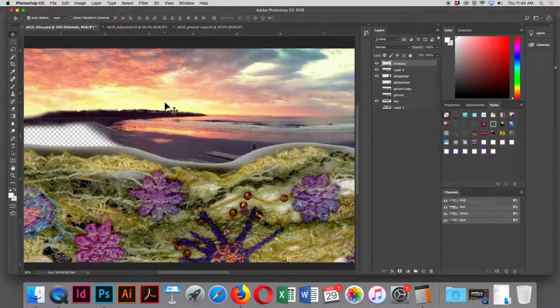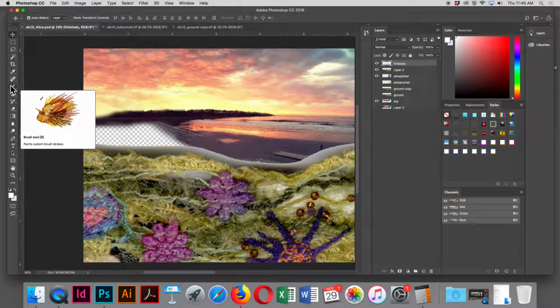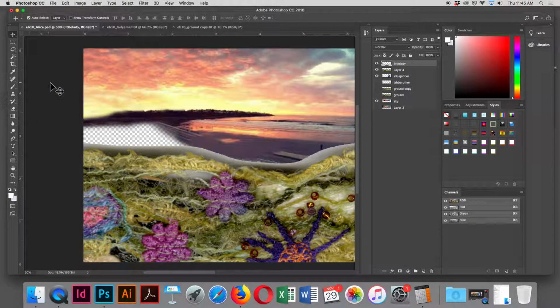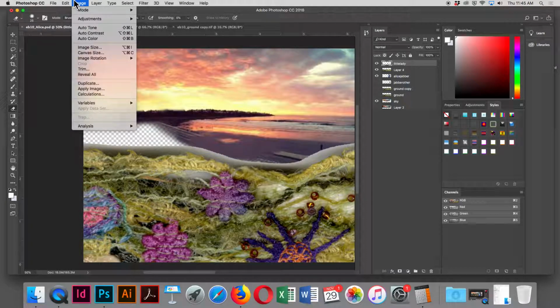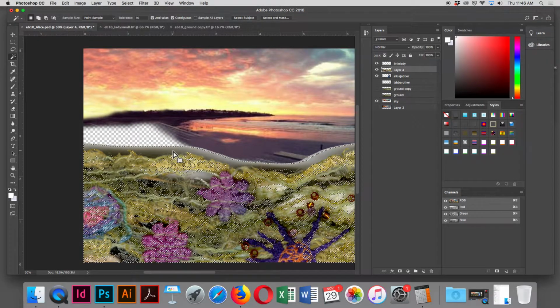One thing that I wanted to go over, I am not a huge fan, and probably because I'm like an older generation, of all the fancy eraser stuff that happens. Though I do think that there are times when it's very helpful. So I just want to go over 2 tips with using the eraser tool. First of all, if I'm going to do an edge kind of like this, I've got a couple of options. I can use that selection tool that we talked about, and I can go to this layer and I can